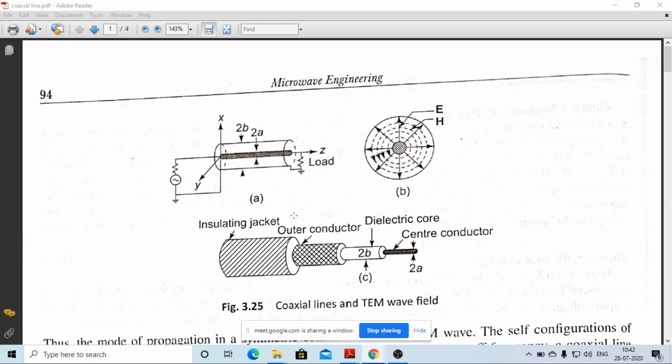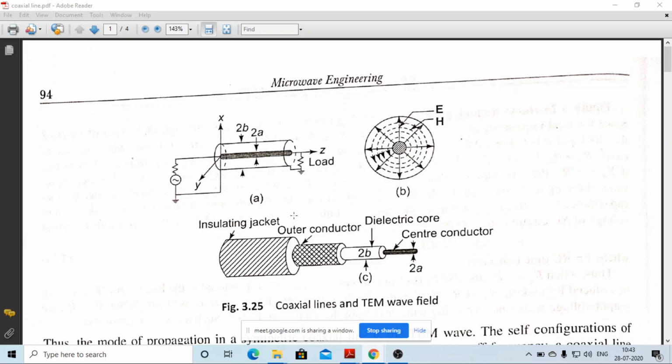But before this, we should know why there is a requirement of coaxial cable. In a simple two conductor phone line, it is an open type of conductor. It is not a covered conductor. It is simply two lines at two different potentials. So there is a potential difference, and this potential difference of the conductors will carry the information through the phone line.